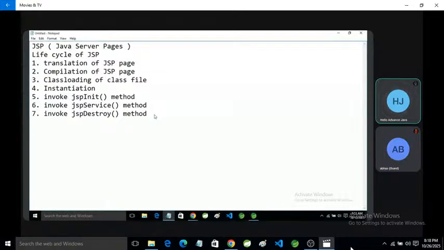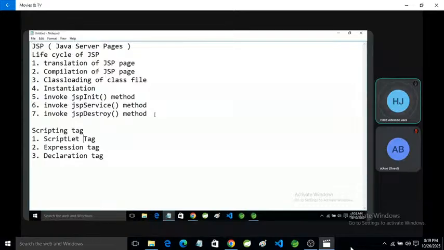After that, JSP provides a lot of tags, like scripting tags. First, scriptlet tag. Second, expression tag. Third is declaration tag.